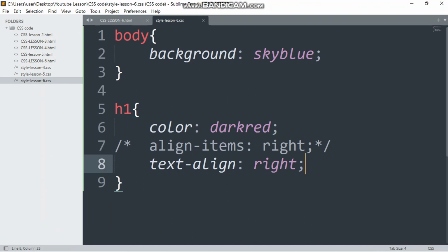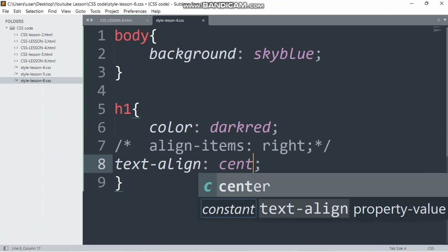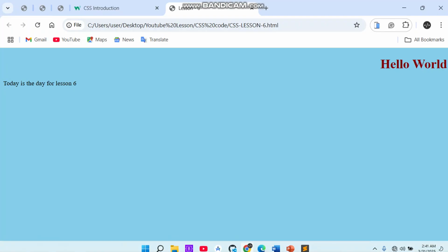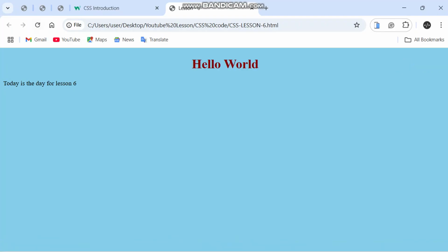Now for here, after aligning the div, we want to change the value to center. Good, and save it. Now after changing the value to center, we want to refresh this place. Now our text comes in the center. Now that is why the paragraph is shifting. Okay,